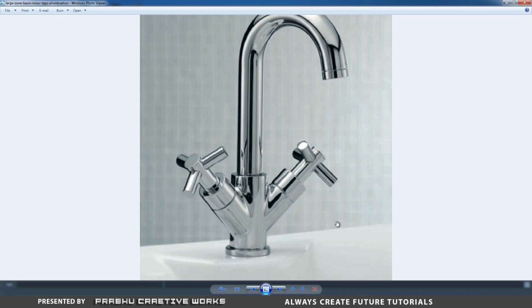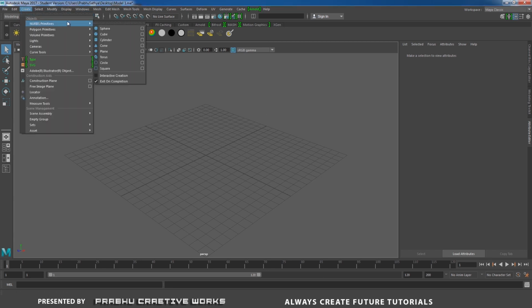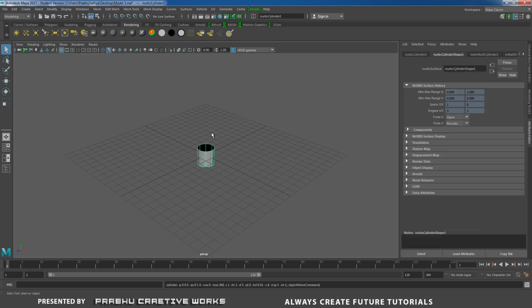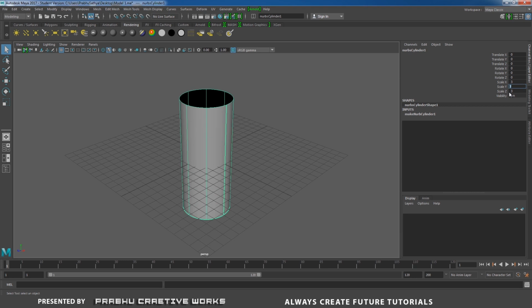So let's get started. Open Maya, go to create panel, NURBS primitives, disable the interactive creation. That means when we click on NURBS cylinder, it will automatically be created in the center of the grid. So this is our reference object. Go to channel box and layer editor and give scale XYZ to 3 and give scale Y to 7 like